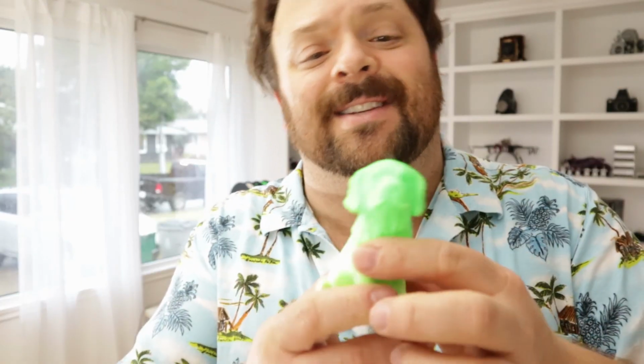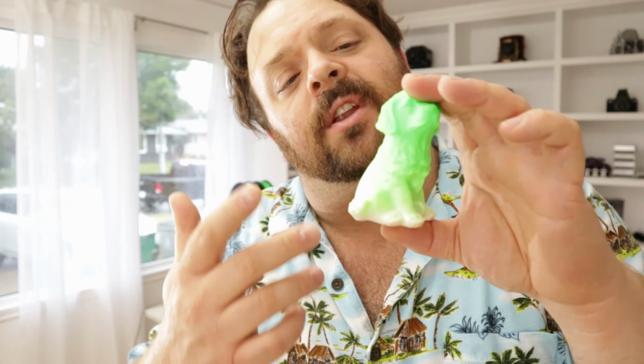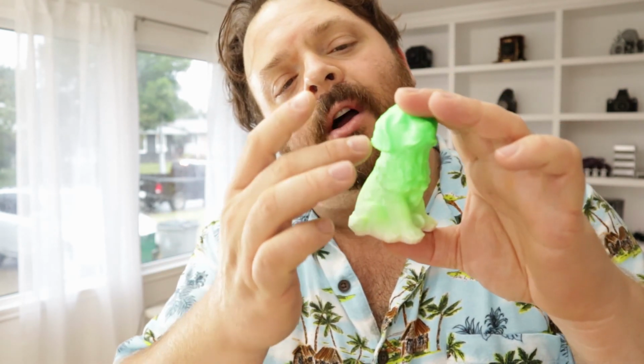Print quality on this is amazing. I mean, out of the box, this thing is beautiful. I absolutely love how the dual extruders can mix the two different filaments together, starting from a white down here, going all the way up to full green. You can mix and match with any colors you want, and I am absolutely looking forward to printing my wife